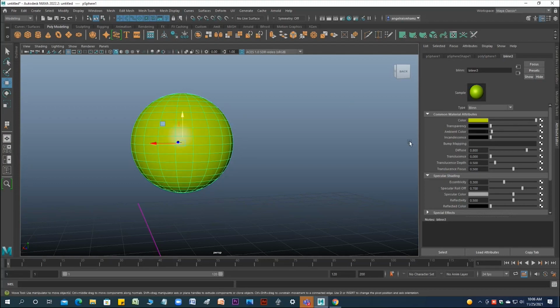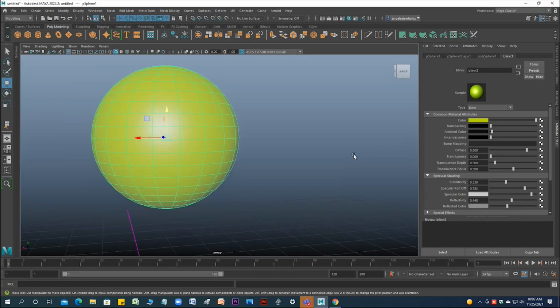Ambient comes only once you are in an environment. This is the highlight. You can control the highlight and the reflection. This is the surface only.